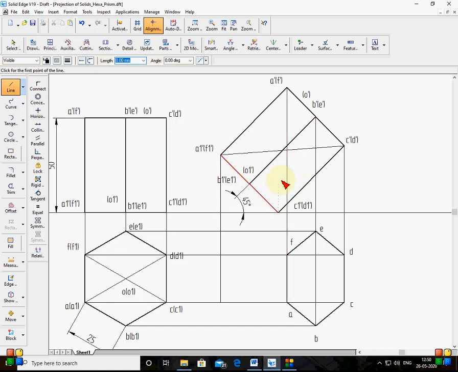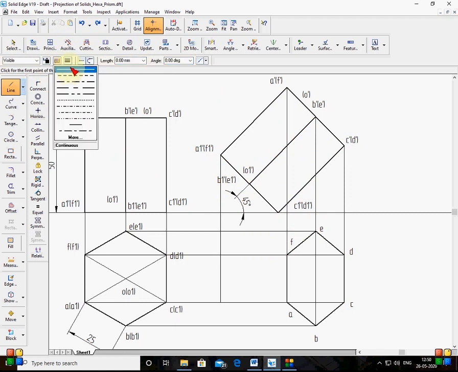This portion is seen. Some are seen, some are not. Some are seen means those which are coming as border, they are seen. Those which are coming inside, they are not seen. So here, first I project all the remaining points. You have to keep that in mind. You project all remaining points.